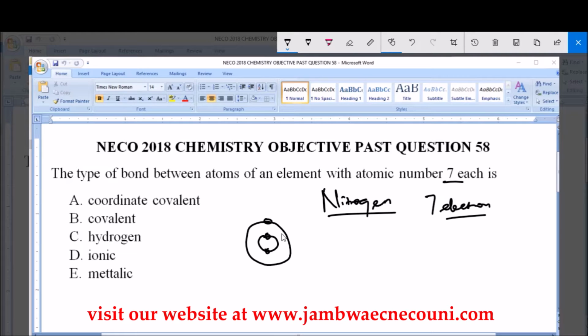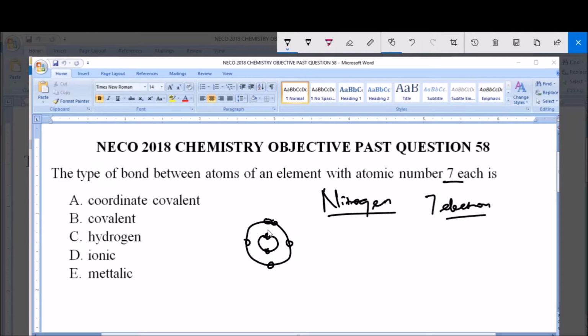So we have 1, 2, 3, 4, 5. So when you count all these together, it is 1, 2, 3, 4, 5, 6, 7. Now plus another atom of nitrogen. 1, 2, 3, 4, 5, 6, 7. Now when these chemically react together, they will give